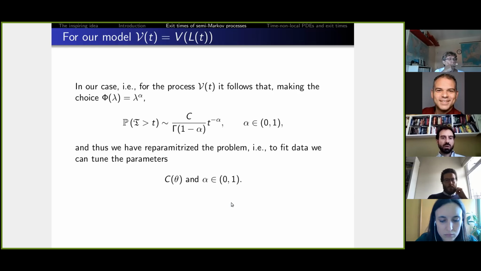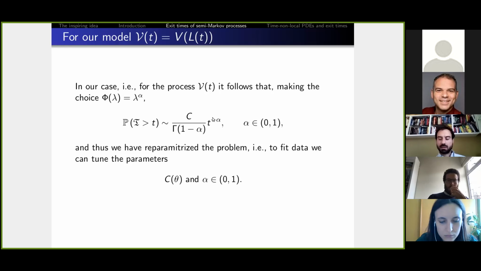For the time change of the Ornstein-Uhlenbeck process, so the time change of the classical leaky integrate-and-fire model, what we get by making this choice of time change, so introducing this parameterization, is that the tail function of the first passage time through a fixed threshold has this nice behavior, which is exactly a power law for alpha in (0, 1), and C is a parameter which depends on the original parameter theta. So to make these things fit data, you can just tune alpha and you can tune the parameter C of theta, and you have exactly a tail behavior,